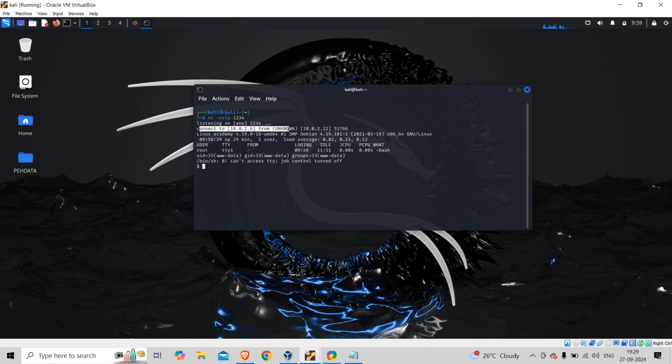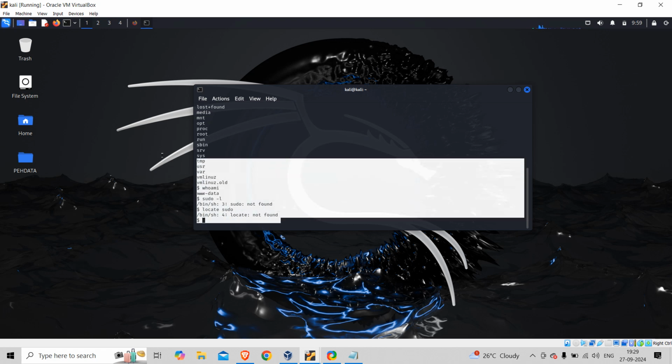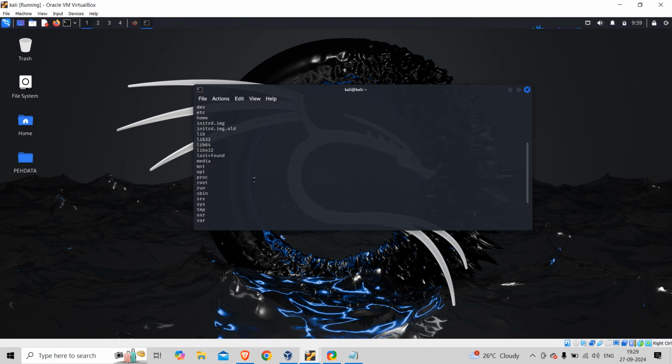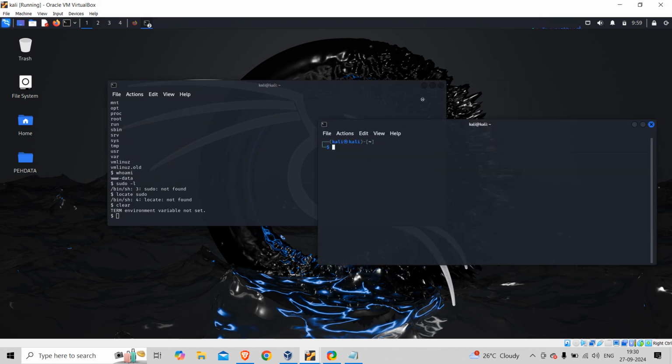Now we'll simply type ls. Okay, sudo, let me check who am I. Okay, sudo -l, no, locate sudo. So still we didn't get our root directory, so it means we are still struggling to get root privilege escalation. So now I'm going to open another terminal, and this time